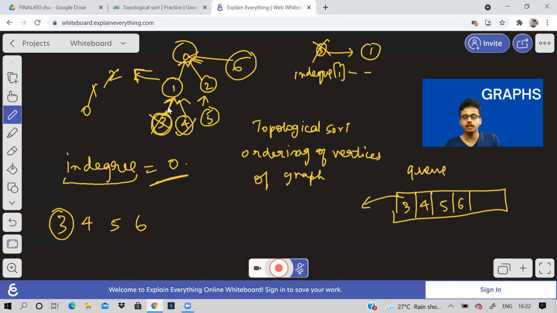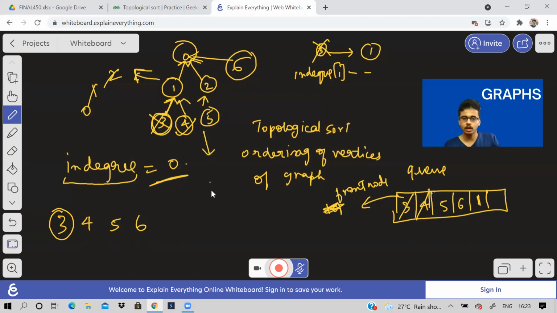That is, I will check the node, if there is an edge from the node, the top node. So this is the top node, or front node, right? From the front node, I will check if there is an edge going outward towards any other vertex. So to that vertex, I'll decrease the in degree. Fine. If at some time the in degree becomes 0, then I'll push that also.